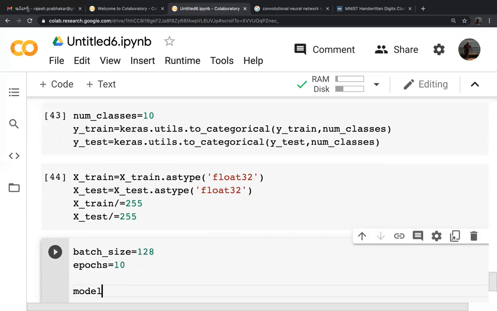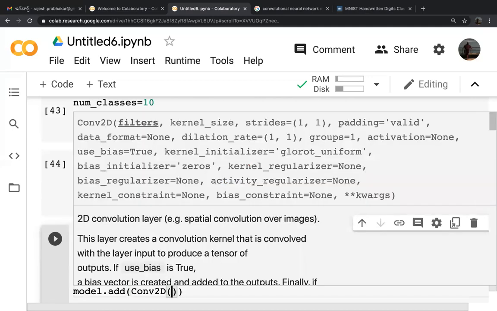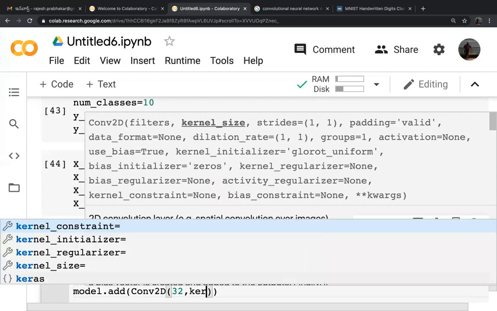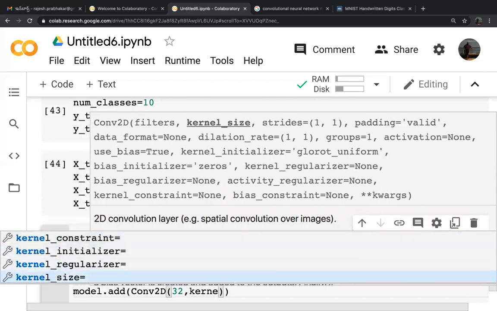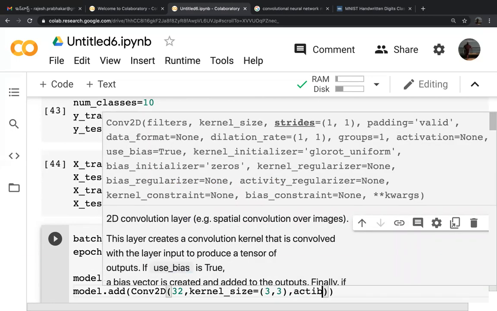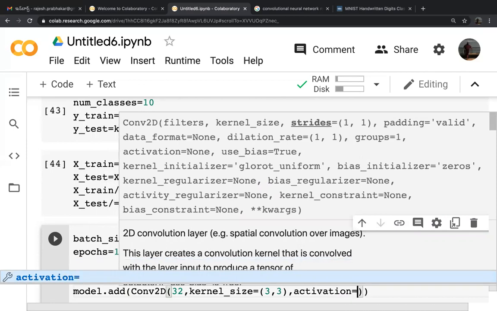Okay. model is equal to Sequential(). Then model.add(Conv2D(32, kernel_size=(3, 3), activation='relu', input_shape=input_shape)).